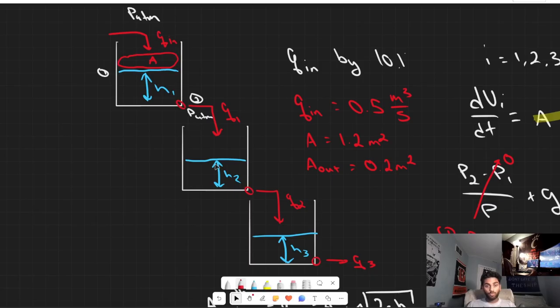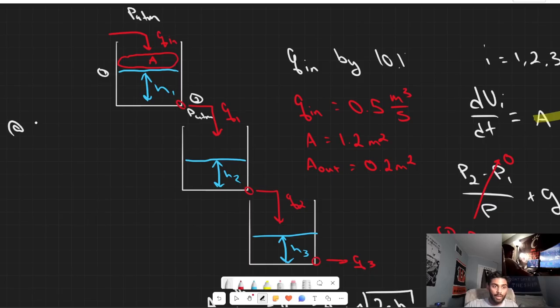So we have 3 identical tanks, and running this in steady state means that the heights of each of these tanks are not changing. They are steady, meaning that the flows out are also not changing. So if we have 3 identical tanks running in steady state where each tank is draining in series, we can make the conclusion that the heights in each of these tanks at steady state